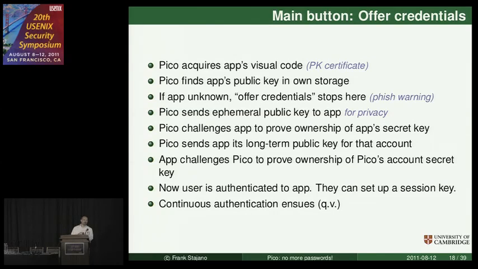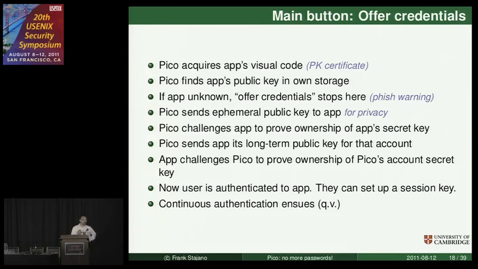So if it looks like something you thought you paired with, then this may be a phishing attempt. But it won't work anyway. In case it does work, so in case the Pico recognizes this public key as something that it had paired with before, then it will make up an ephemeral public key and send it to the app. It's an ephemeral one as opposed to the permanent one for that app, because at that stage the Pico doesn't yet know that the app actually knows the secret key that matches the private key that matches the public one